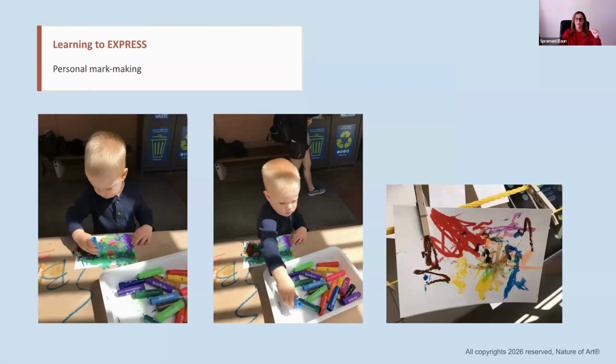Another thing with learning art literacy is learning to express, making personal marks. This is a toddler learning to use these paint sticks. This child is making marks and picking and choosing colors. Well, these are elements that I just spoke of, and the marks he's making are lines. So already this child is being exposed to color and lines, and tools and different materials. So this is part of that art literacy.